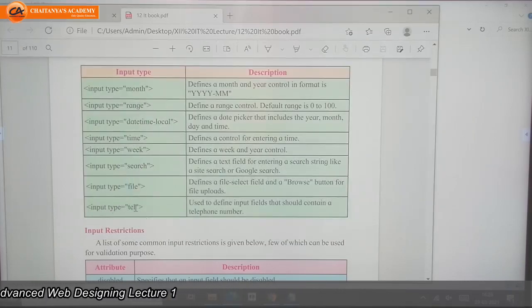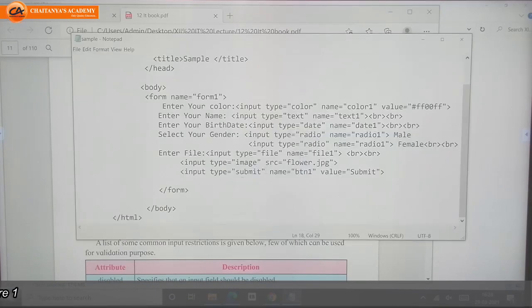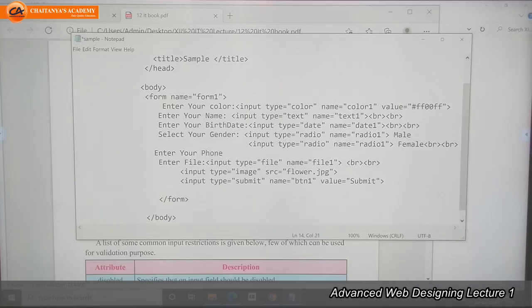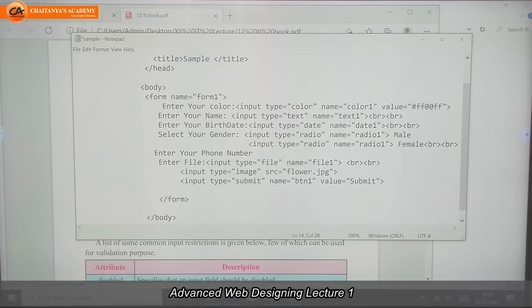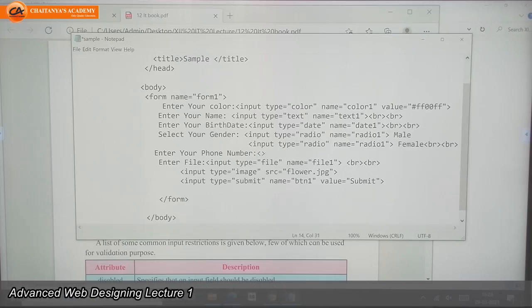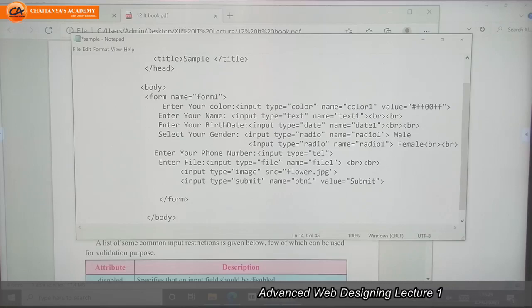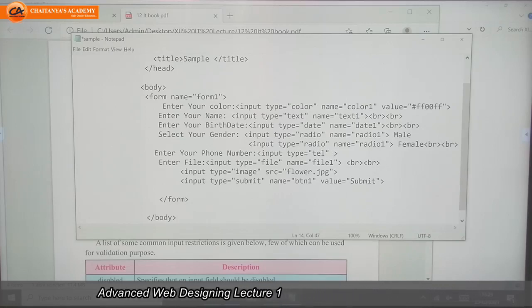And this is tel. Tel means if we want to give a number, mobile number, telephone number, whatever, we can use that control. So how can we write that? Enter your phone number. Then we should write input type equal to tel, because it has one attribute, that is pattern.